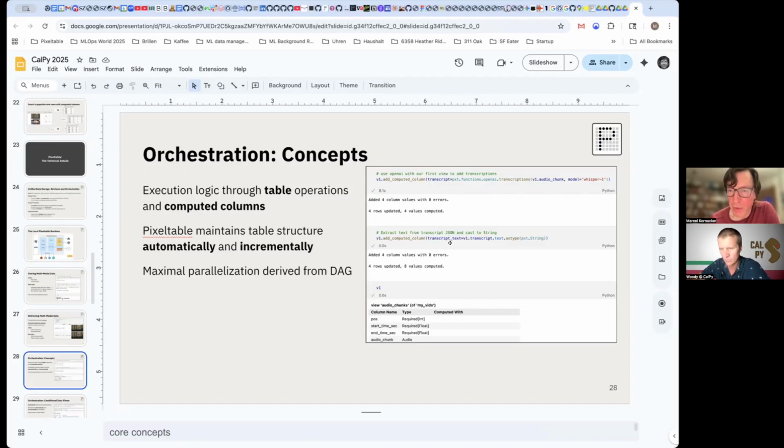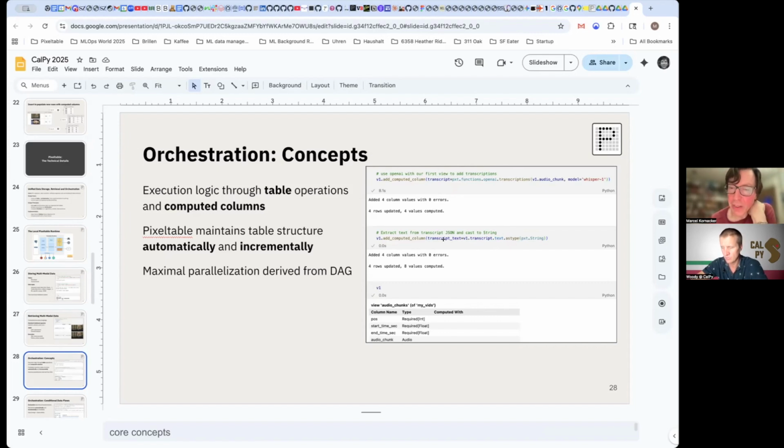What this returns is a column of type JSON, because you don't get just a transcription text back, you also get some other stuff back. And here we added another computed column that is a JSON path expression that simply gets the text field out of the transcript result and casts it to a string.